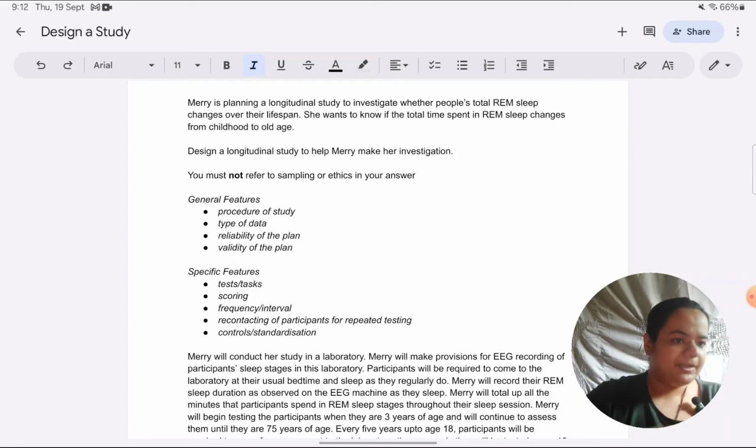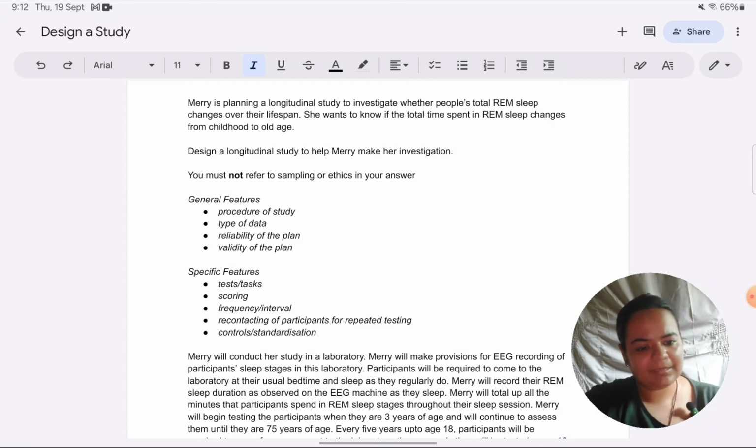Okay, for a level 5 answer, by level 5 answer we mean for an answer to score between 9 and 10 marks, let's see what is required. There is a table. I have covered this in one of the videos before, so you can just go to my channel. I don't remember which video it is, on designing a study for paper 2. In that I have covered in detail what the mark scheme requirements are. So there's a table through which your 10 marker answer is scored. You have to make sure that you are on the top band of that table.